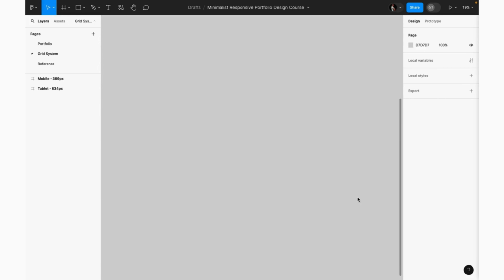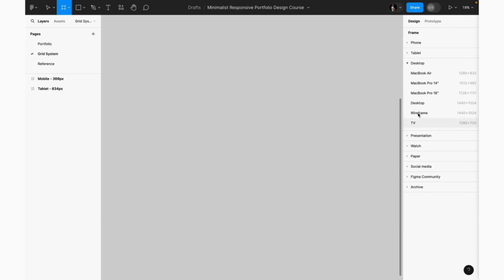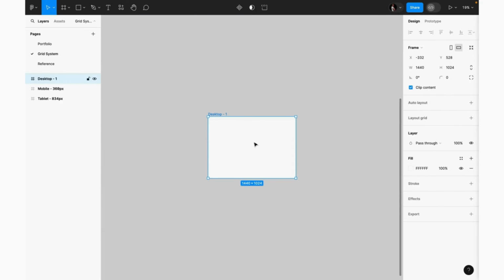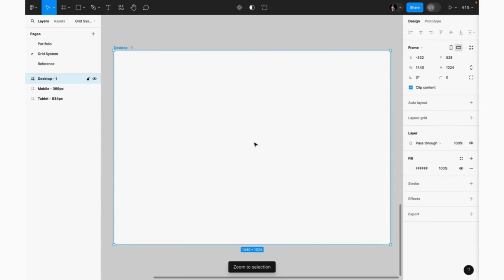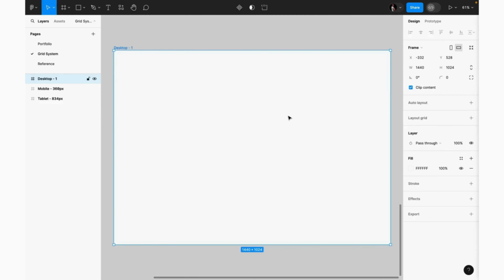I'll click F on my keyboard and select a desktop frame here. I'll select the 1440 pixel desktop because this is like the most popularly used desktop frame, 1440 pixel. Of course, there are other desktop breakpoints like 1280, 1520, and the rest, but we'll use this one because it is like the standard. And so I'm going to name this desktop 1440,